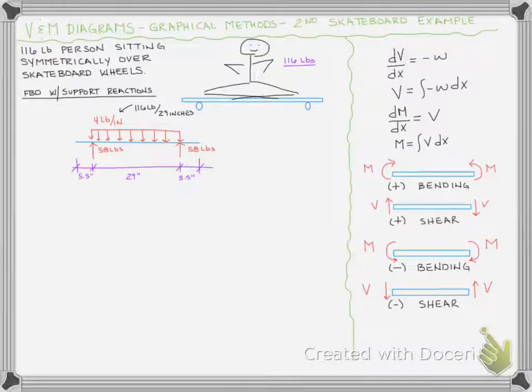Welcome to our graphical methods shear and moment diagram example for a uniform load. We got the uniform load from a person, 116 pounds, sitting on our skateboard, and we said that they were evenly distributing their load between the wheels. So we determined that 116 pounds distributed over 29 inches, which was the distance between the wheels, would give us 4 pounds per inch, and we found the reaction, since it's symmetric, of 58 pounds per wheel. And so we want to go ahead and draw using the graphical methods